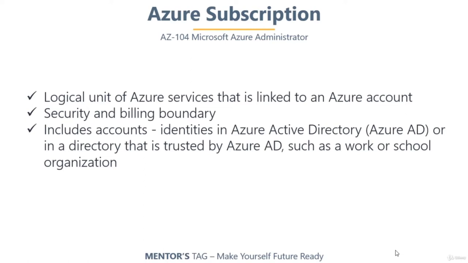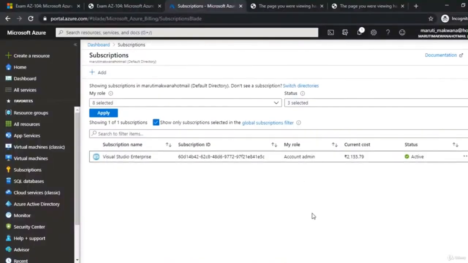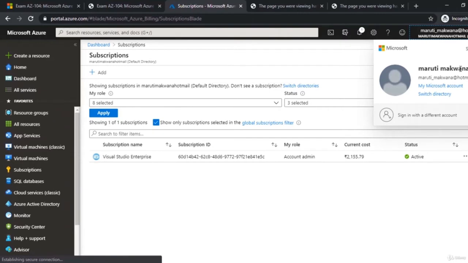And that's the reason this is a bit tricky, because an Azure subscription can have association with multiple ADs, and that's the reason one Azure subscription can have multiple Azure Active Directories inside it. To understand this, if I go back to my portal, you can see on the top right corner it is showing my user account, which is associated with my email ID. And there is an option, Switch directory.